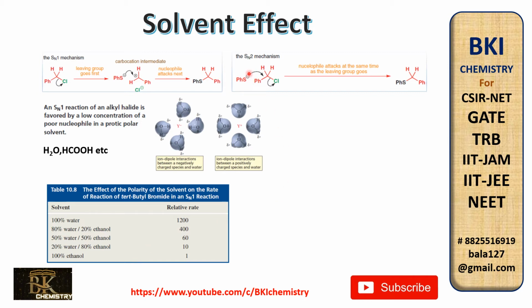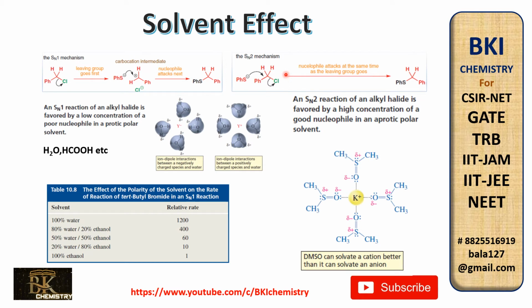On the other side, SN2 mechanism contains both a negatively charged nucleophile and a neutral substrate. For this, we need to choose a solvent which will not disturb the neutral substrate as well as the negatively charged anion. So the solvent has to catch only the positively charged cation, that is the corresponding salt of our nucleophile. For that requirement, we can have DMSO, acetone and DMF kind of solvent, that is polar aprotic solvent.